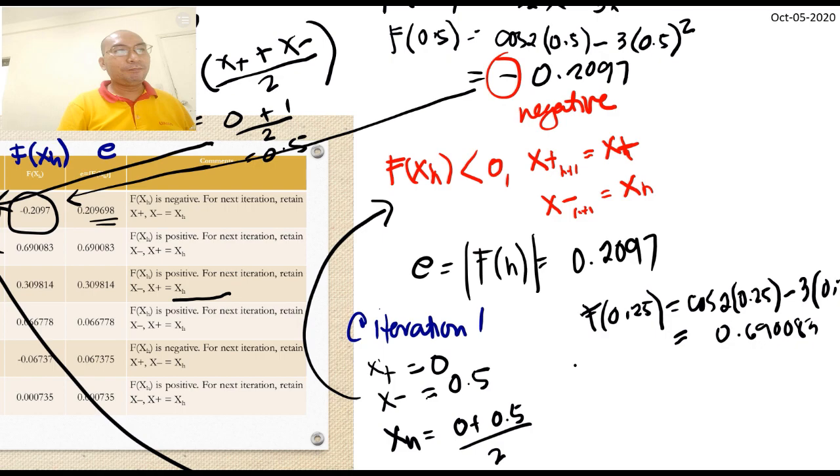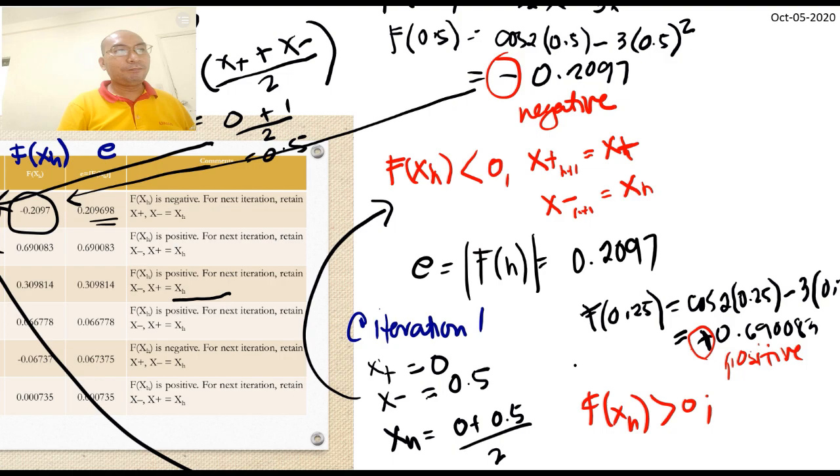So take note, this one is positive. Our answer for f of x sub h is positive. If your answer is positive, that means your function of x sub h is greater than 0. And if that will be the condition,